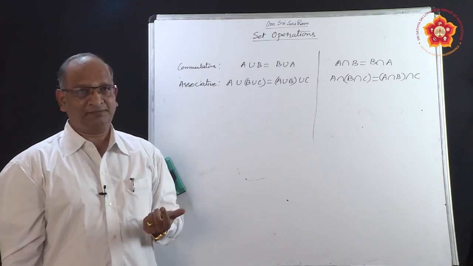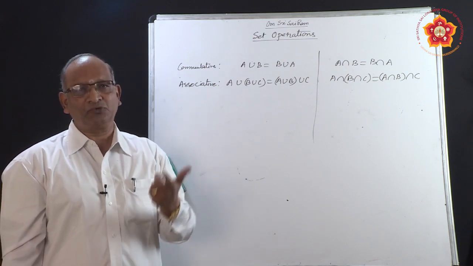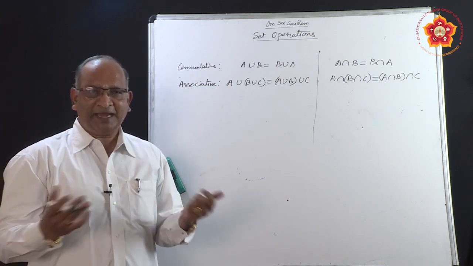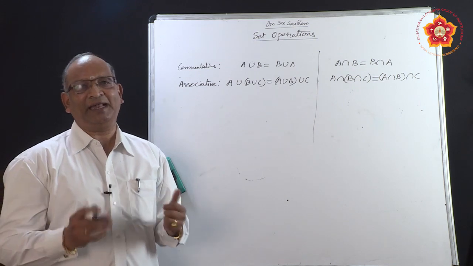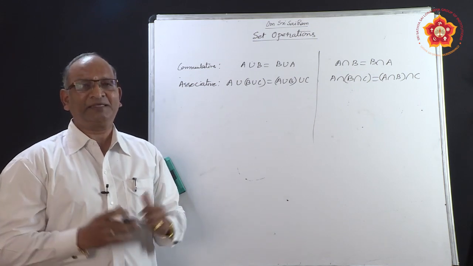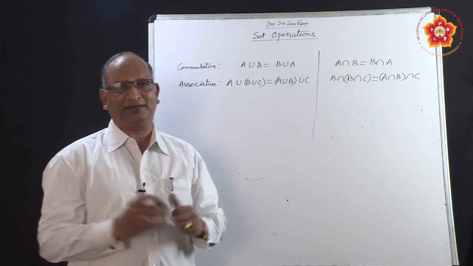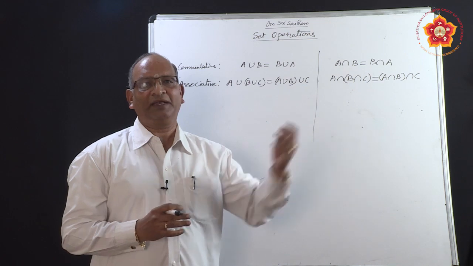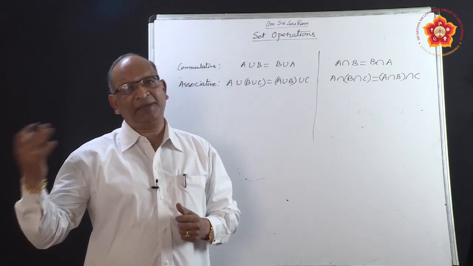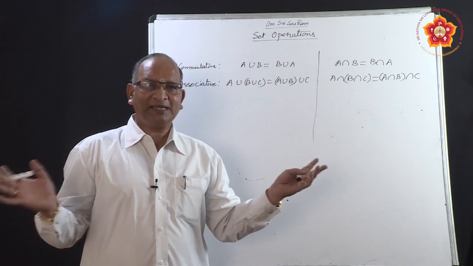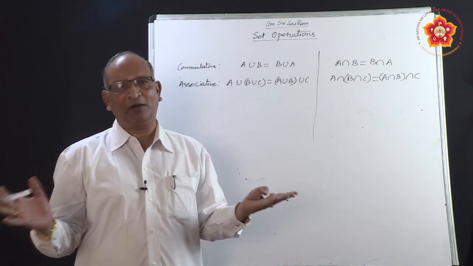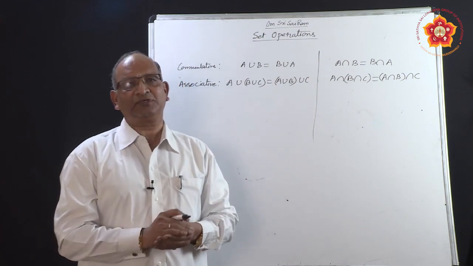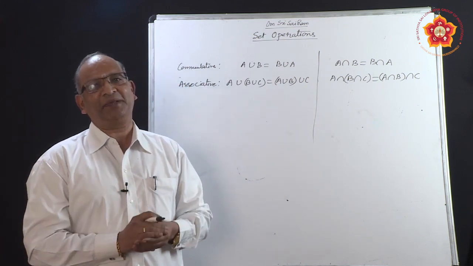What happens if the intersection of two sets is a null set? It means there is nothing common. If A intersection B is equal to a null set, there is no element common, we say the sets are disjoint. What do you mean by disjoint? There is nothing common. Let us say A is a set of English letters, vowels, and B contains consonants. What is common between them? No letter is common. So, we say the intersection is a null set. Whenever the intersection of two sets is a null set, the sets are said to be disjoint.